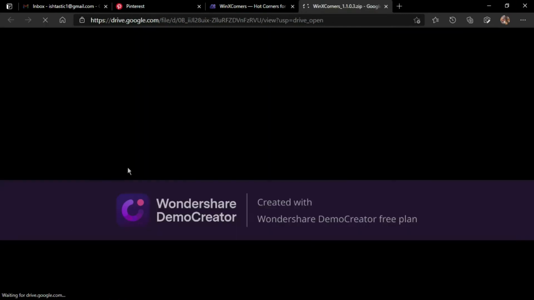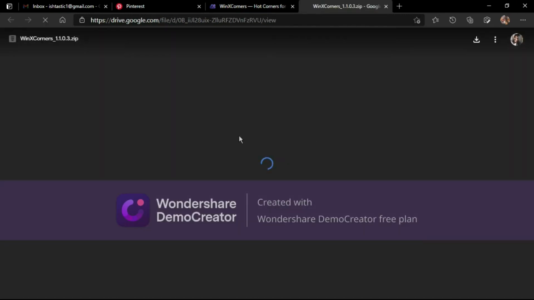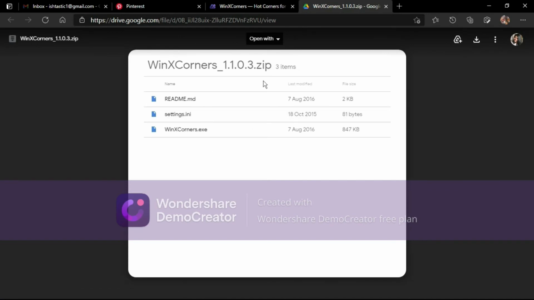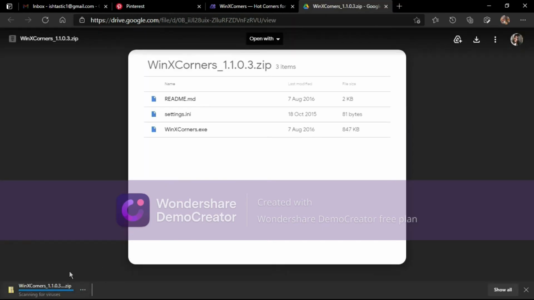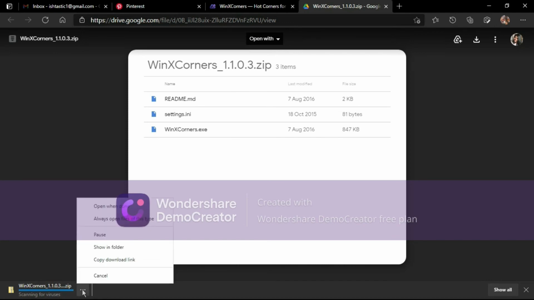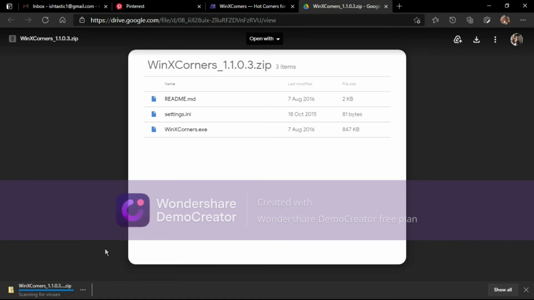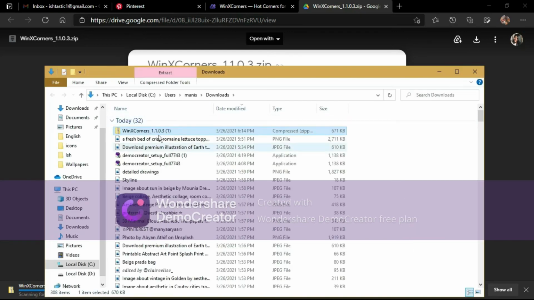Once you download this, you'll get it as is here. You'll get it as a modified drive. Once you get this little interface, what you're supposed to do is download it. So once you download it, there you go, you have that zip file, right? What you're going to do again is press the 3 dots and press show in folder. Once you press show in folder, you'll be able to see that it's in the downloads and it's right there.